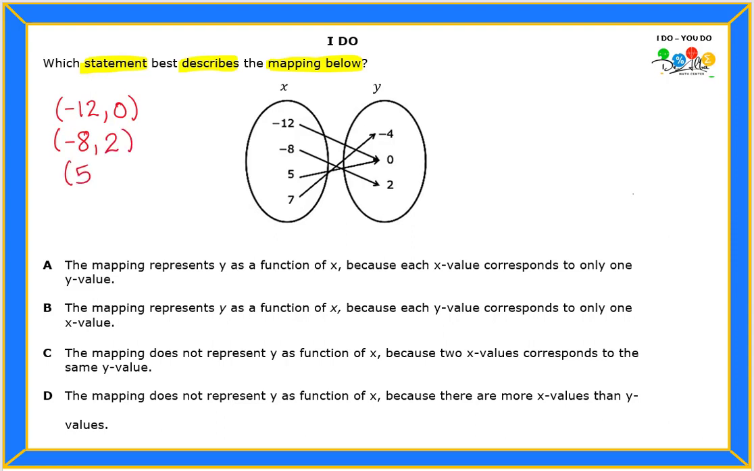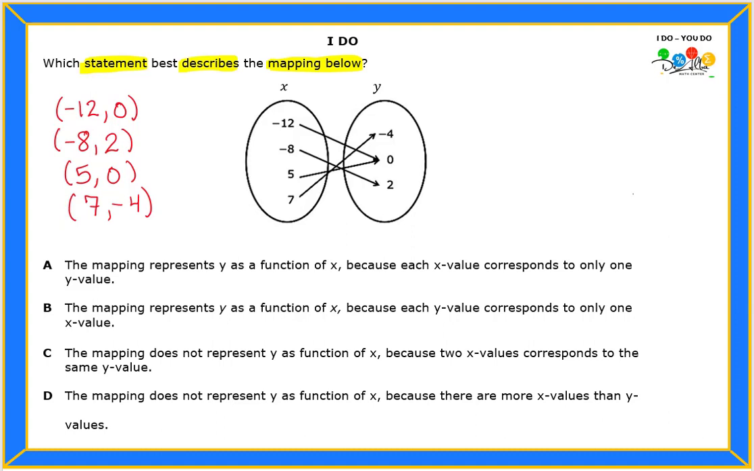Then I'm gonna move to a 5. 5 is mapping with 0. And the last one is 7. And 7 is mapping with -4. So these are my ordered pairs. Okay? So if you look at the answer choices, just so that you know what you are dealing with,